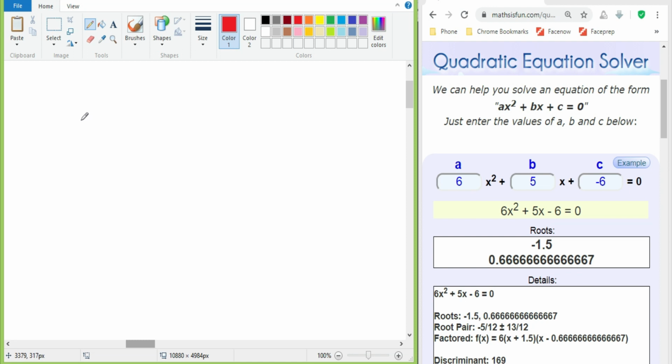2x square plus 7x plus 3 is equal to 0. So first step is multiplying this. This is 6. Now look here, guys. We have got the ac value as 6 and the value of b is 7, which is a difference of 1 between the factors. When there is a 1 difference, what we have to do, guys? Whenever there is a 1 difference, we'll just take 6 and 1. So please take that value.